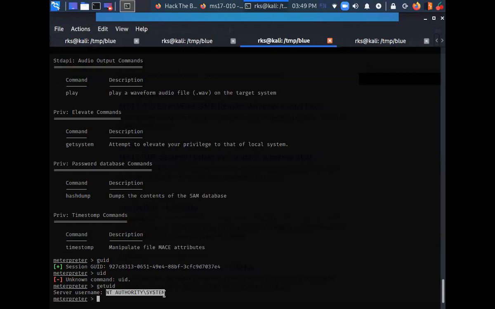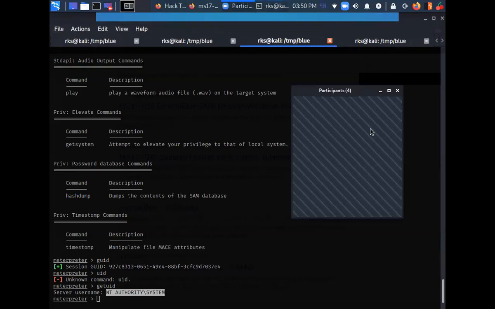That is root in Linux. And what about the topmost user in Windows? Admin. Okay, so in Windows, the topmost user is NT AUTHORITY\SYSTEM.